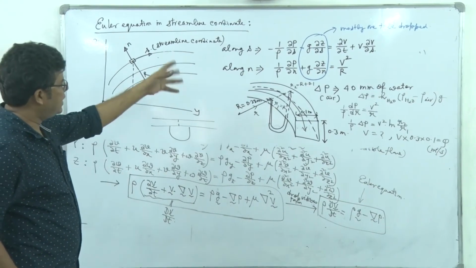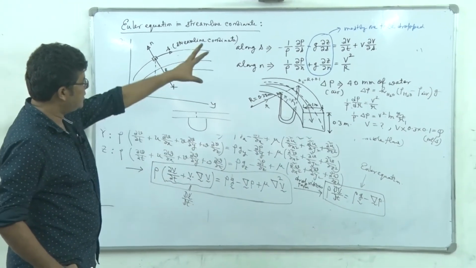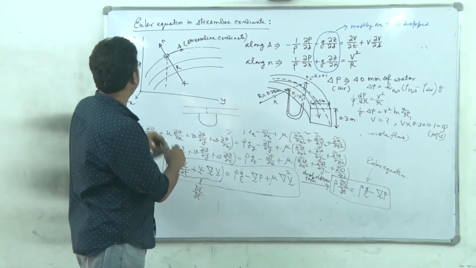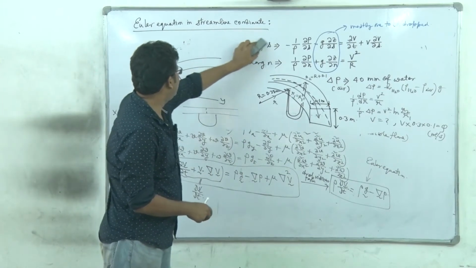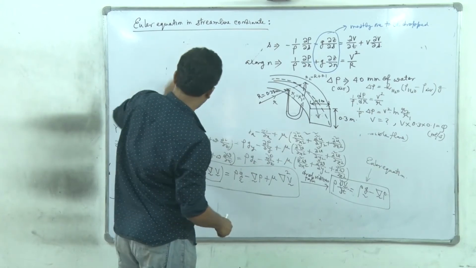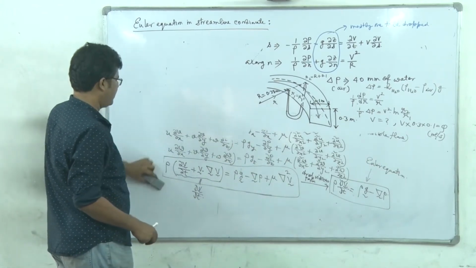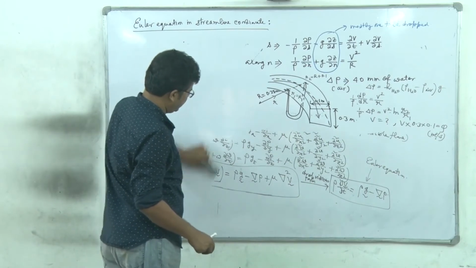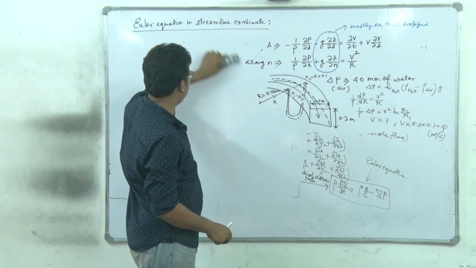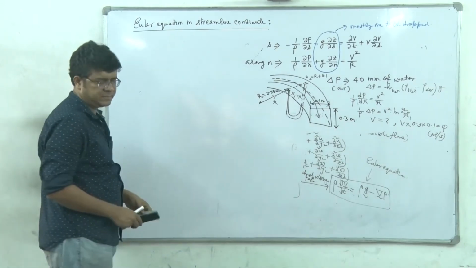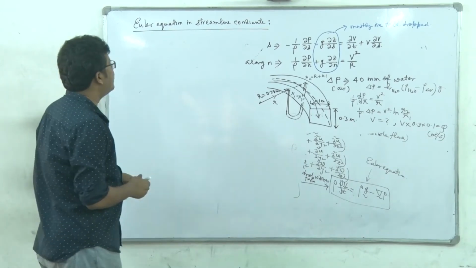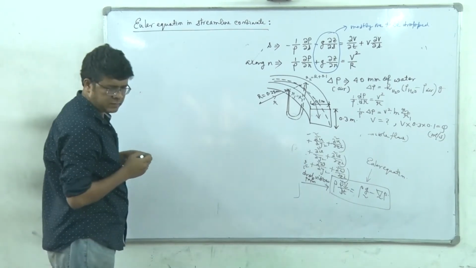So we have used the Euler equation, and we have the Navier-Stokes equation, and with the Navier-Stokes equation later we will solve many other problems. But now we are going to introduce a very special idea of fluid mechanics, from where we get questions, and that is called stream function. That is referred to as stream function.